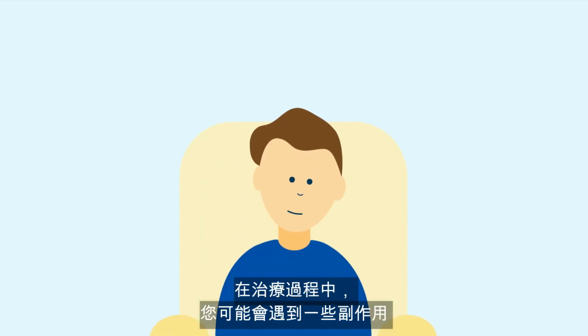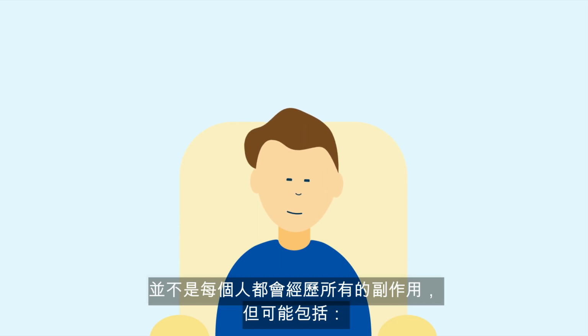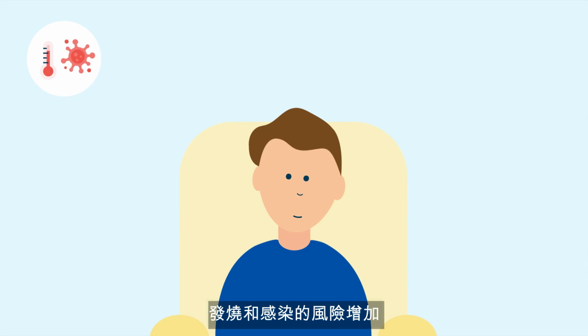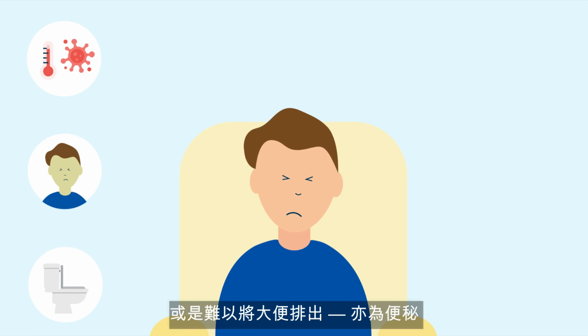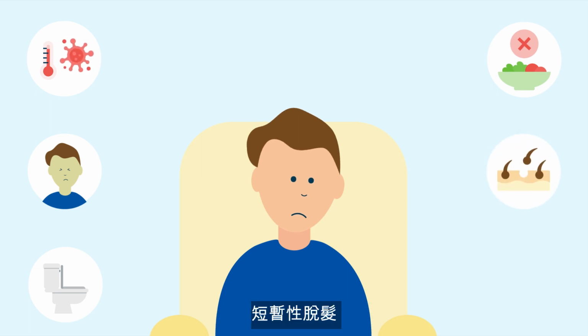Throughout treatment, you may experience some side effects. Not everyone experiences all of them, but they may include fever and an increased risk of infection, nausea, the sick feeling in your stomach, or vomiting, bringing up your food, loose stools numerous times per day, known as diarrhea, or stools that are hard to pass, known as constipation, not feeling hungry or losing your appetite, temporary loss of hair,